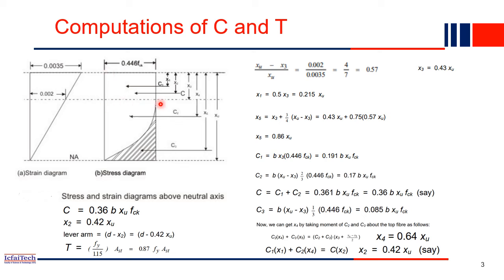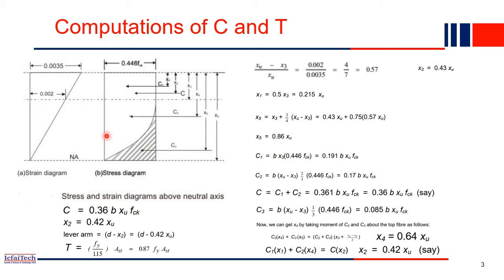So this is the rectangular part, C1, and the CG of this rectangular part is C1, which is at a distance from the top end fiber of X1. So X1 is the CG distance of the rectangular part. We divided this entire plane into three parts, right? This is the first part, the rectangular part, and the CG of this rectangular part is this point. C1 is acting here, and the distance is X1.